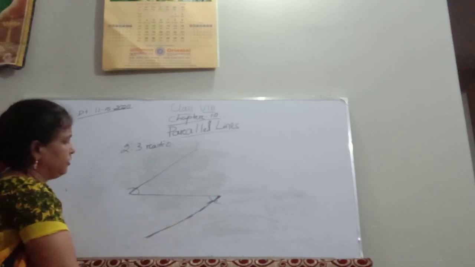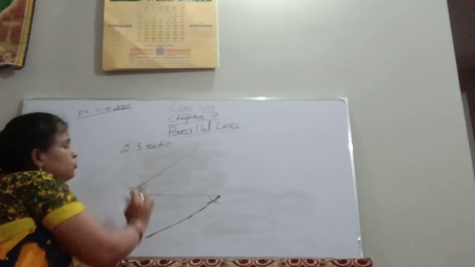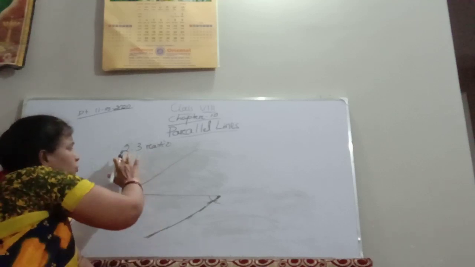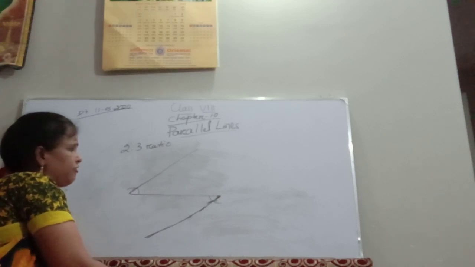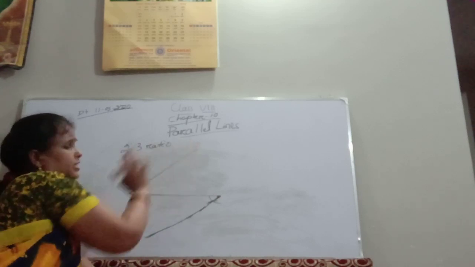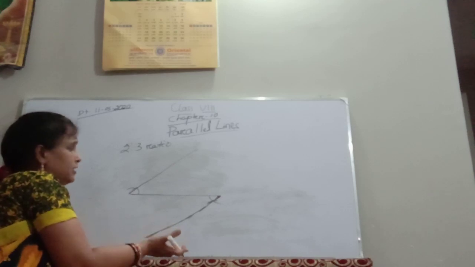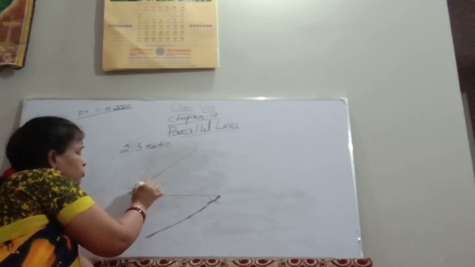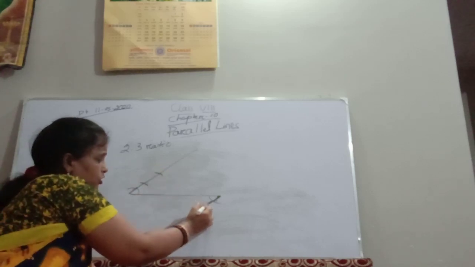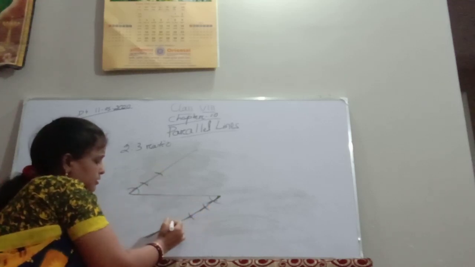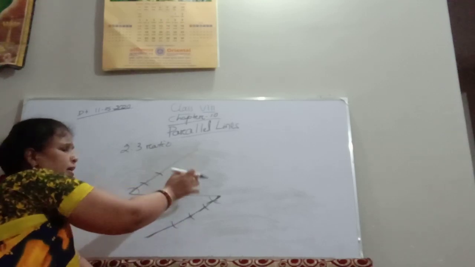Clear? So next, these two lines are parallel. You can see the 2:3 ratio. I think 2 plus 3 is 5. It is easy. In your book it is given as 5 parts. You can divide this line into 5 equal parts, and also this line into 5 equal parts. But I suggest you draw 2 equal parts here, and here you can draw 3. It is not required to draw 5 parts.